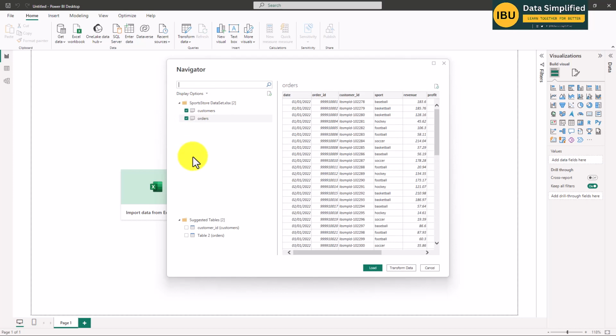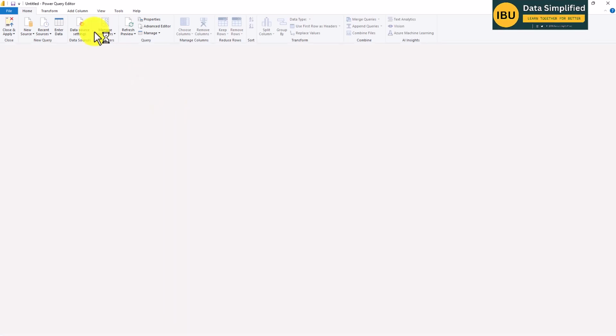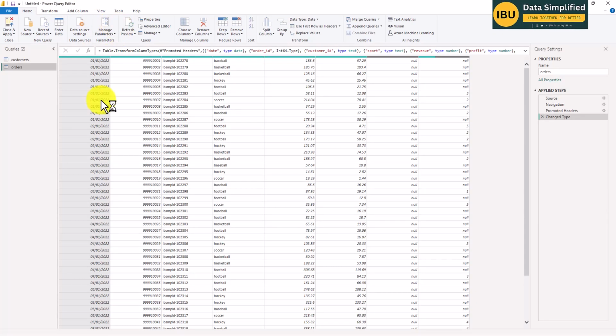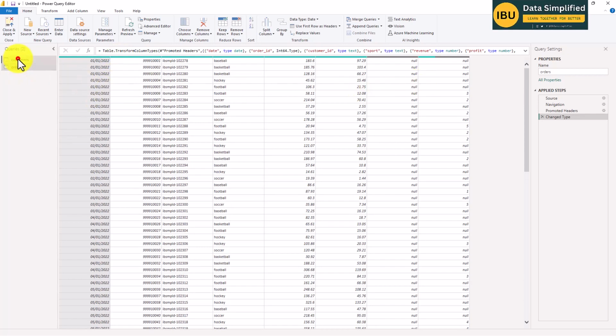Just select these two and click on Transform Data. Once we click, we can see the Power Query Editor is open, and from here we can check the data we have